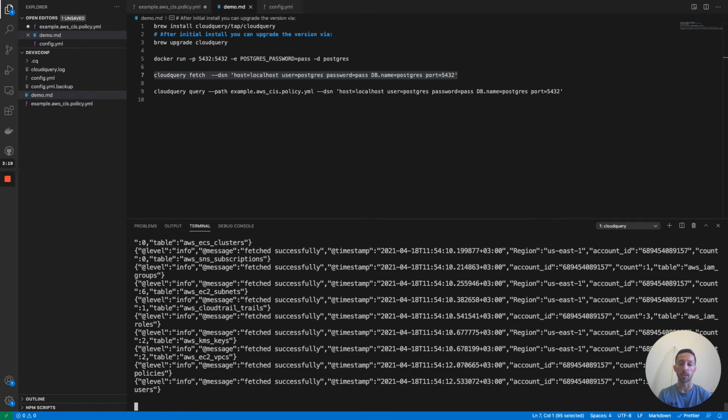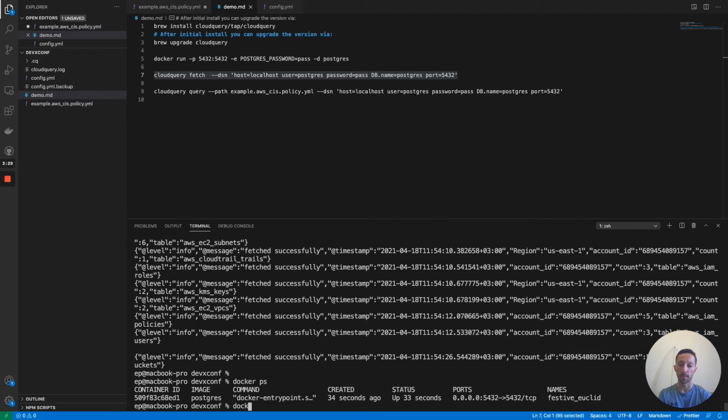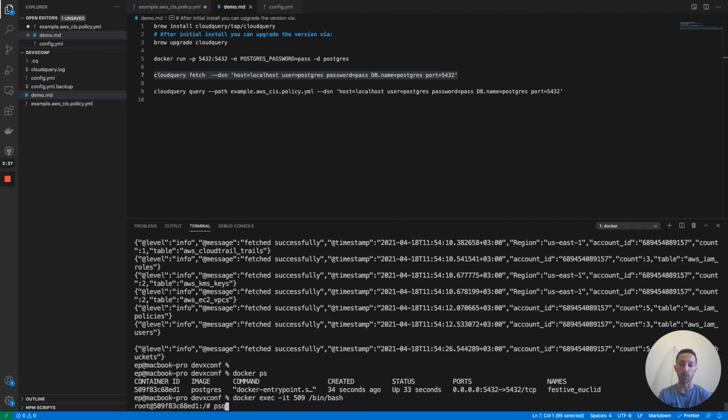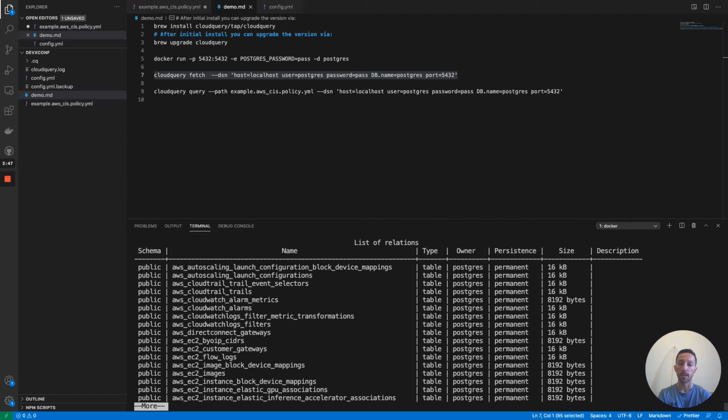So once it finishes, we'll shell into the Postgres Docker container to see how the tables look and what we can find. So docker exec, and then we can use the psql shell. You can see all the tables that were created with \dt+. And actually, a better way in my opinion to see all the tables that are available in each provider, you can use